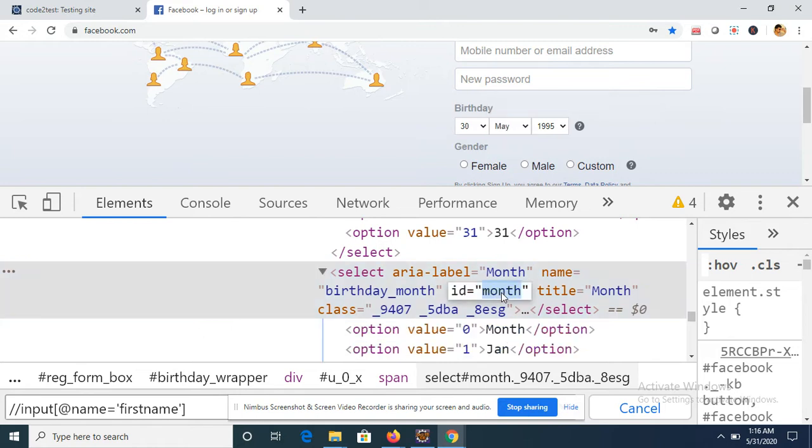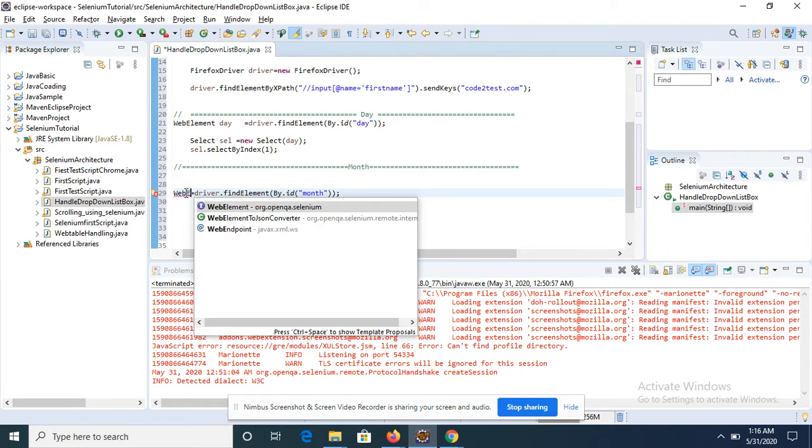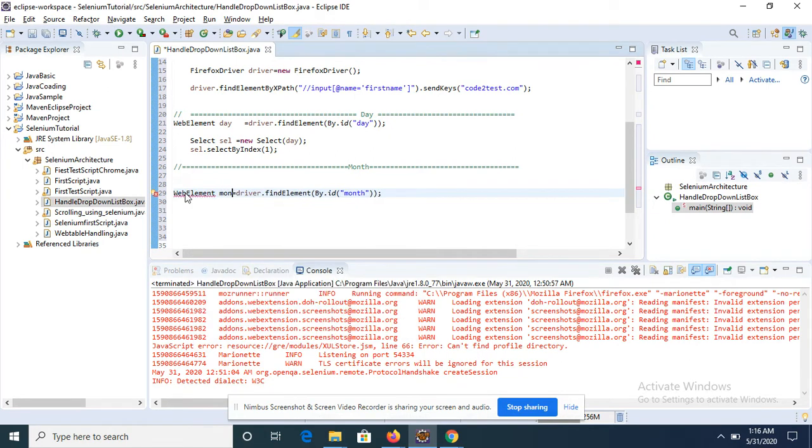It's month, so it's something unique. Id is always unique, so you can pass id over here. Again it's a web element. Just name it as month, using this reference variable month.